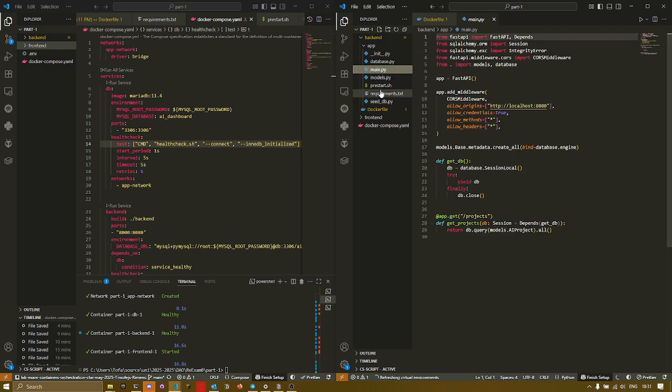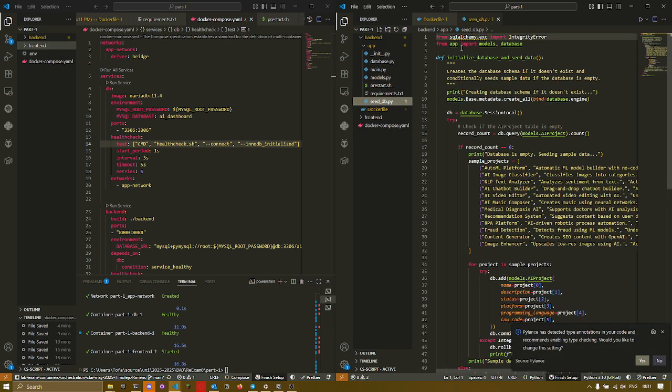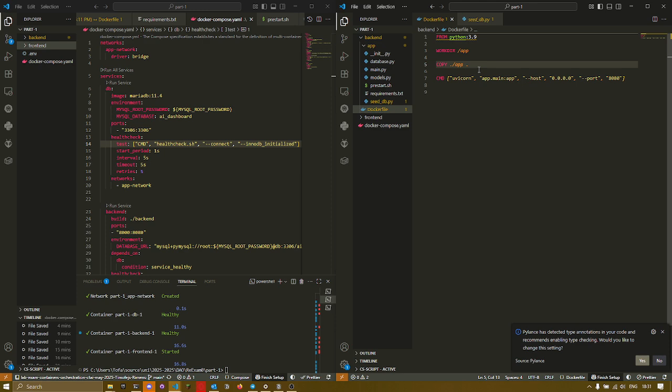Also the same thing here, from app. So we have to be one folder above. That's why, after copying this, first of all, we have to